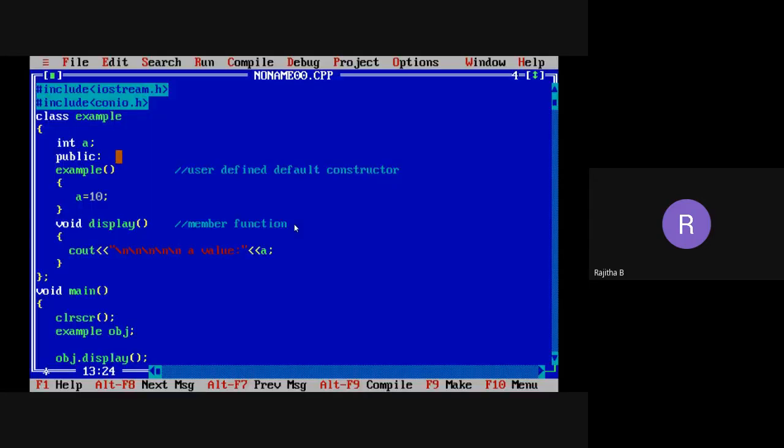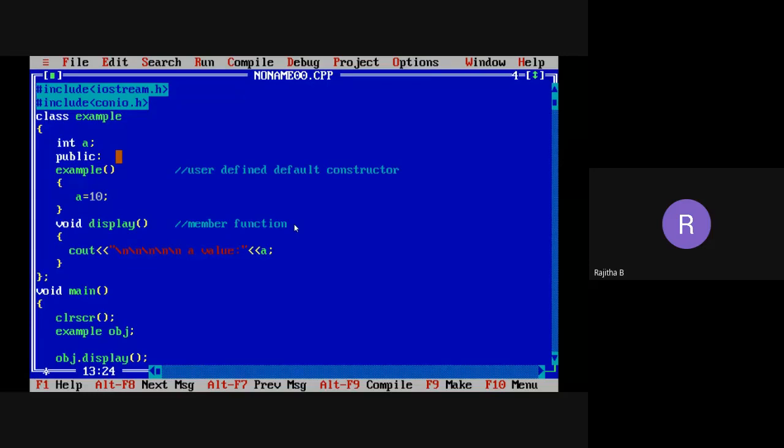Now I'm going to press F7. What is the F7 functional key? When you press F7, what happens? It is not run. F7 is a functional key. On a keyboard we have functional keys F1, F2, F3 like that. When you press F7 in the Turbo C++ editor compiler, it is going to trace the program. That means how the program will be executed: first which statement will be executed, second which statement will be executed. Like that, you can see the execution of the program.